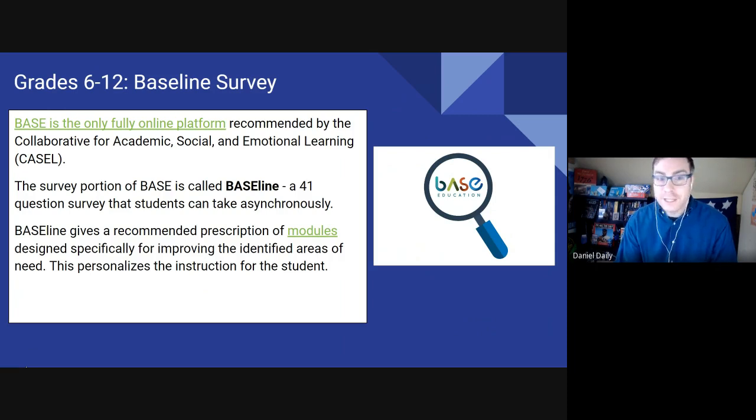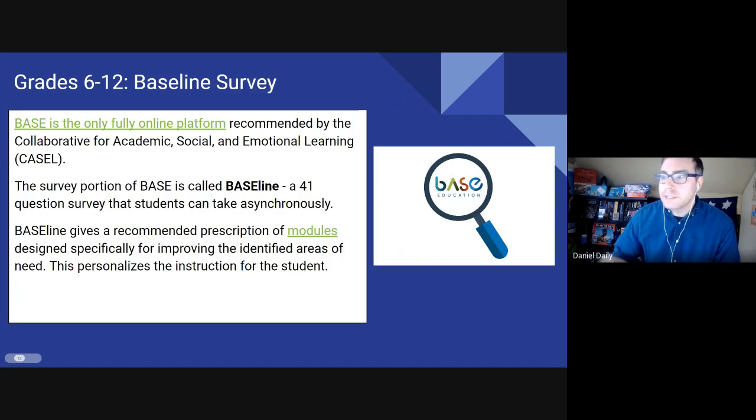So students log into BASE, and from there, they take the Baseline survey. There's about 41 question surveys that students can take asynchronously, meaning on their own at their computer. And the really cool thing about Baseline is after they complete it, it gives them a list of modules that are designed specifically for improving their areas of need or things that they could use additional support